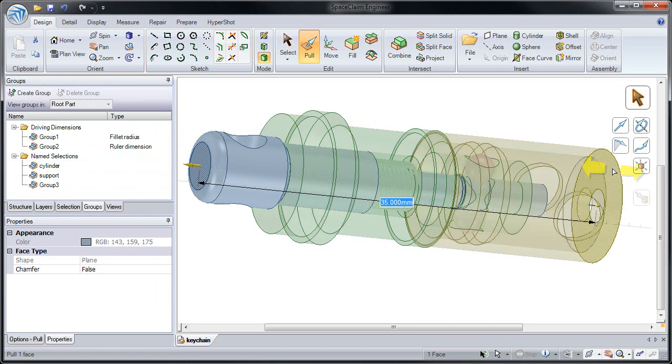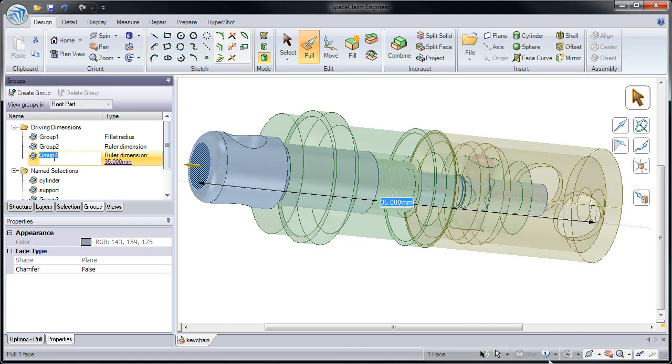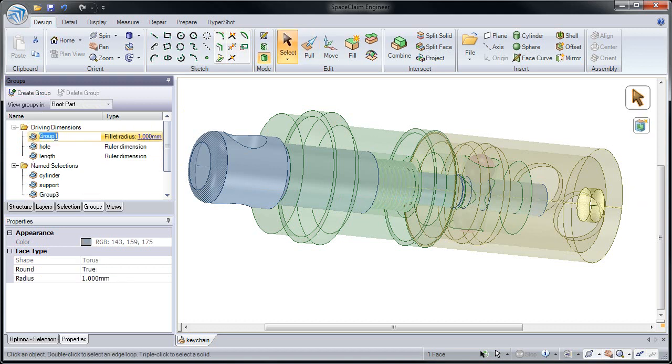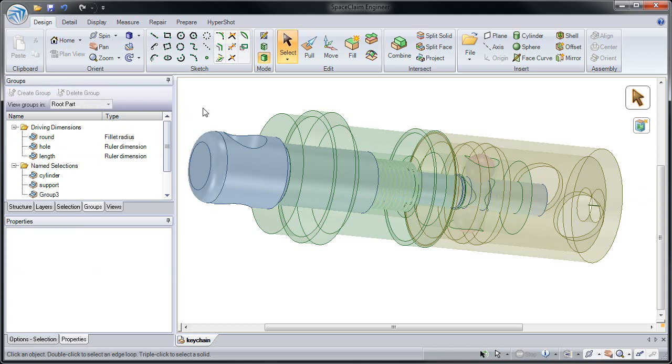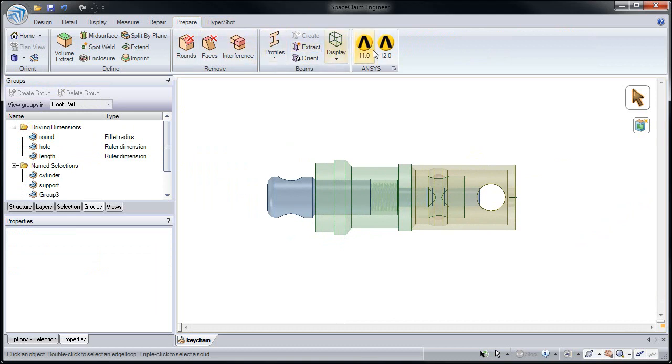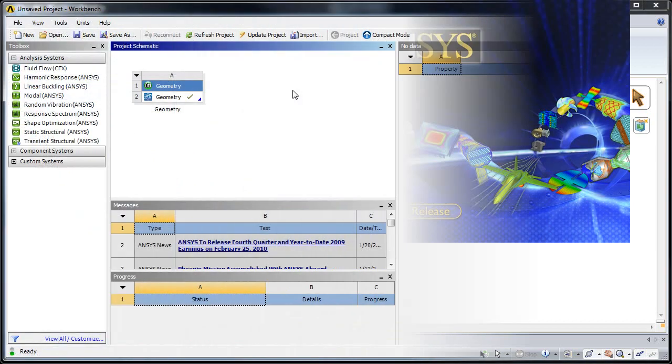However, if I create a ruler dimension to the other side and now create a group, that will be a group that I can control inside of ANSYS as a parameter. Now let's rename some of these groups and then check them out inside of ANSYS. Once they're renamed, remember to go back to the Prepare tab and click on the ANSYS add-on to send the